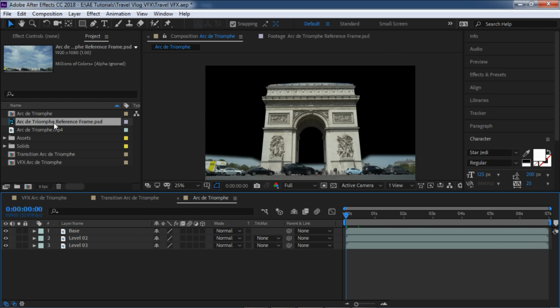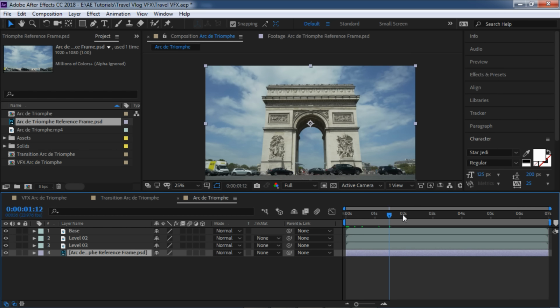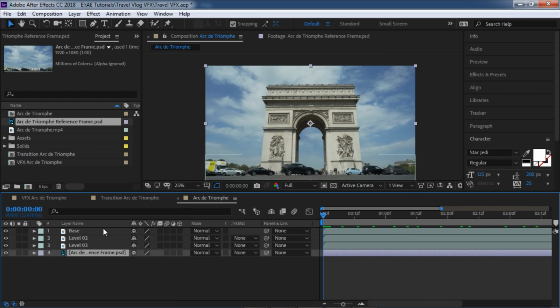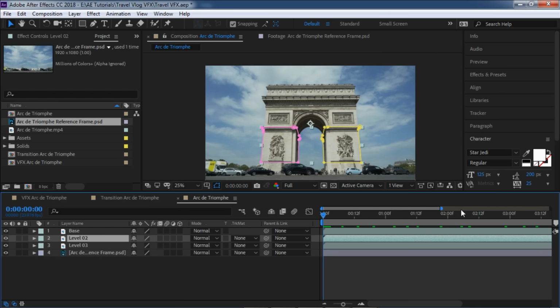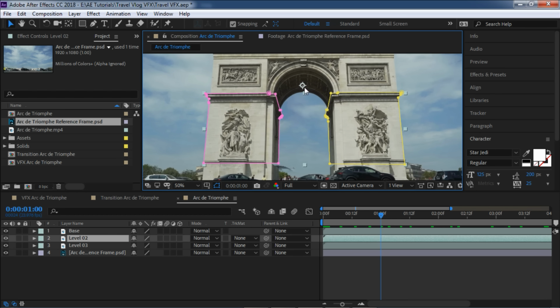Delete this layer. I'm going to bring it in, and there we have it. Now we can start animating. So let's start to animate this, and we're going to animate level 2. So what I'm going to do is about right here at 1 second, I'm going to grab the anchor point